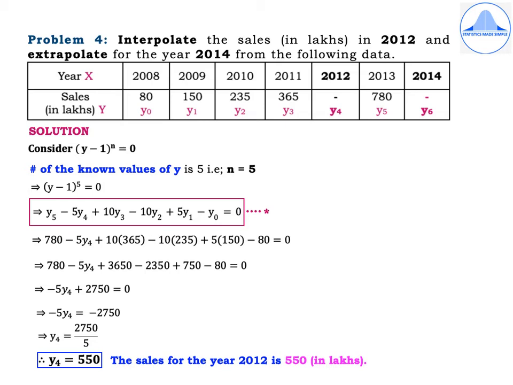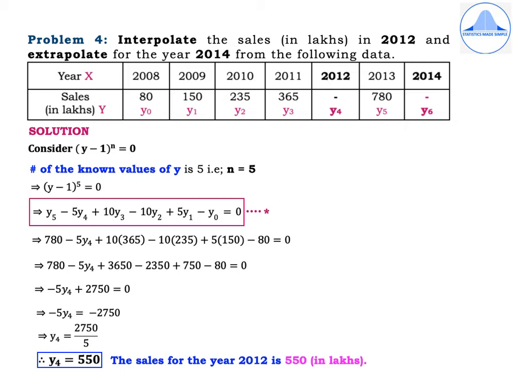So the final expression which we get and which is highlighted in the pink box is y5 minus 5y4 plus 10y3 minus 10y2 plus 5y1 minus y0 equal to 0. Call it expression star. Substituting the values of y from the table, we get 780 minus 5y4 plus 10 into 365 minus 10 into